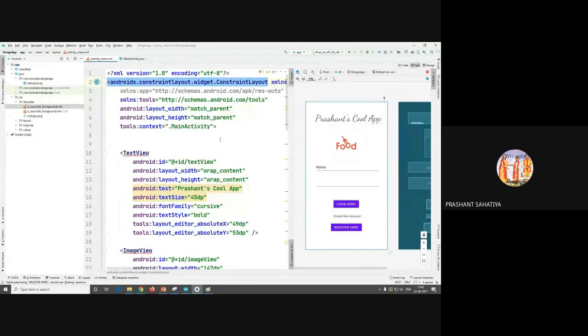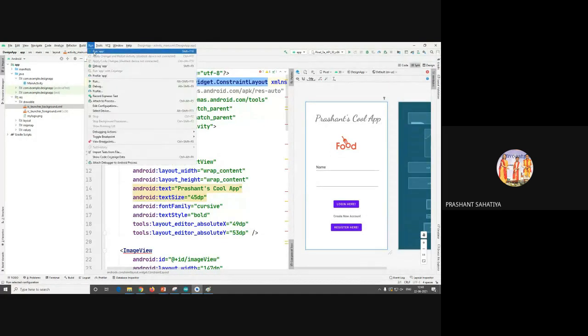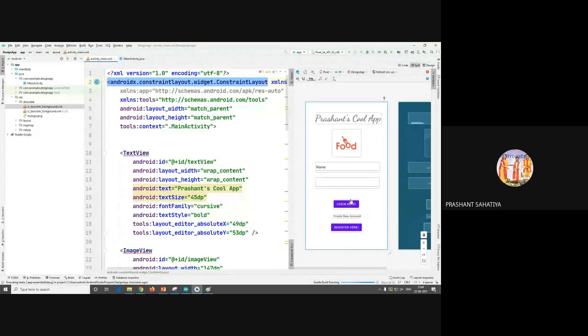That's it. Okay, now we'll just simply run this app. We'll do nothing, just design and then we'll run. Let us see how it is looking. These are designing concepts you need to remind.